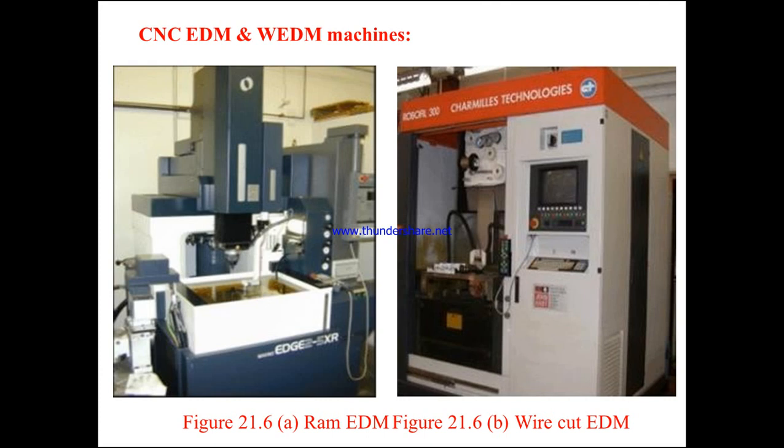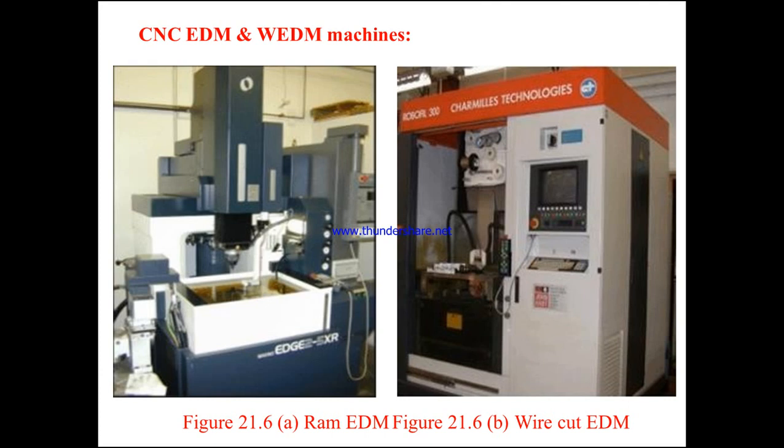Because of the gap between the positive and negative, we are going to have a spark or the electrical arc. The electrical arc discharges across the gap between the electrode and the workpiece, and by using the arc we get machining.